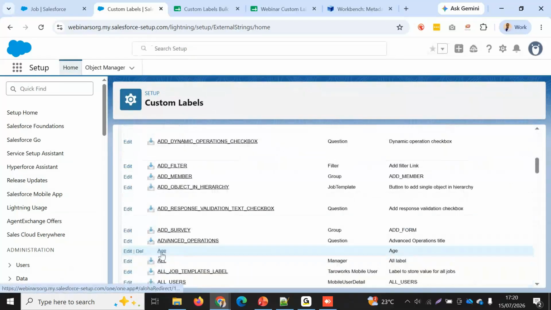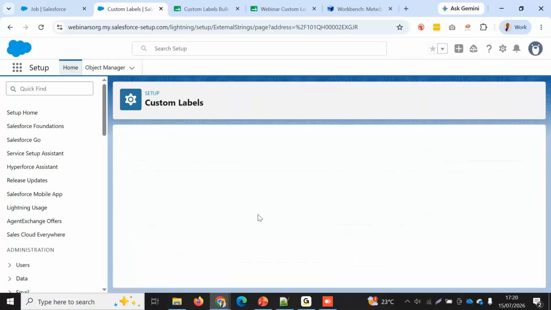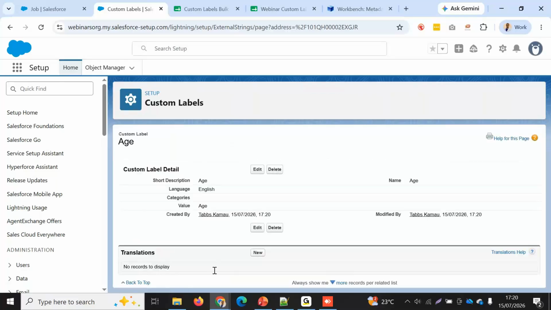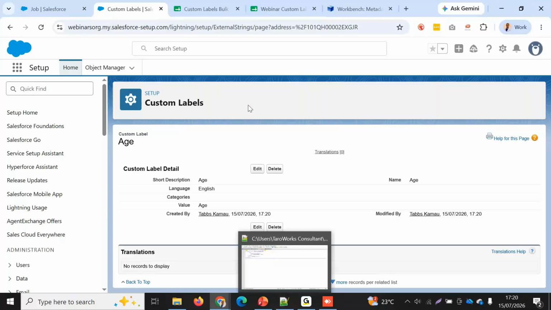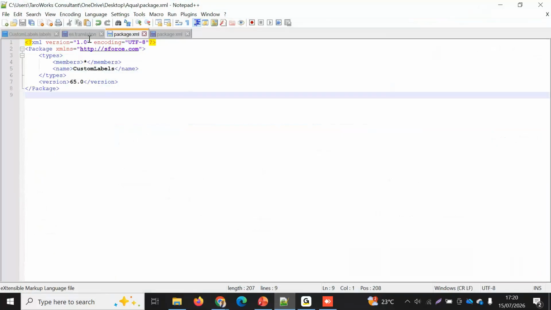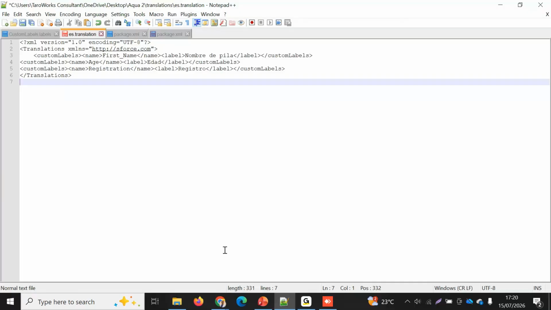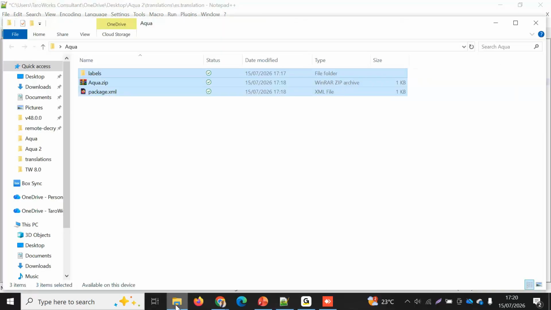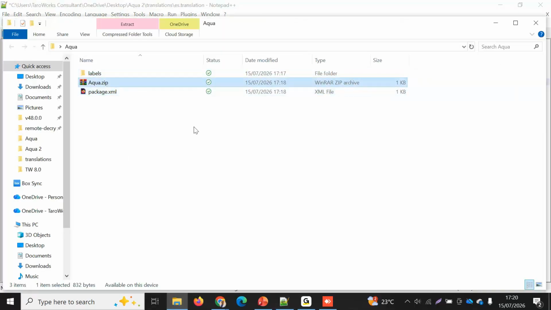Age. So we have the age here. We have the custom label here created. So now what's missing, or the next step now, is to create the translation. So again, I already had my translation. Now in terms of the folder structure, because I'll need to create another zip file,